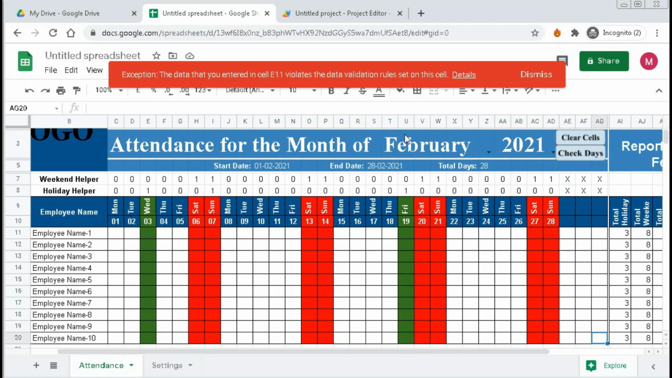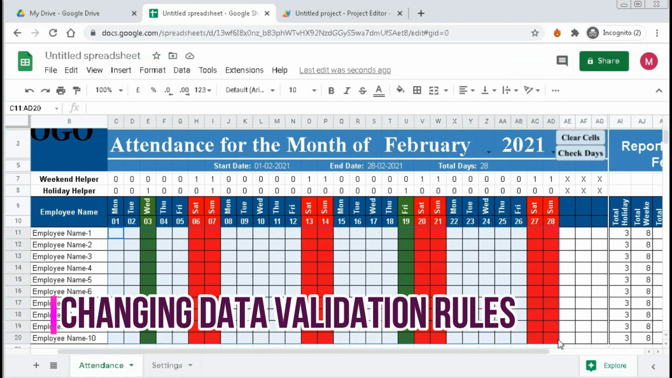So you can get a message exception. The data that you entered on cell E11, that is this cell, violates the data validation rules set on this cell. So we have created a data validation for all these cells. When we try to auto-populate values on these cells, it is trying to violate the validation rule. For that reason, the data is not populating. So we have to change the data validation rules. Click on dismiss, select the range,